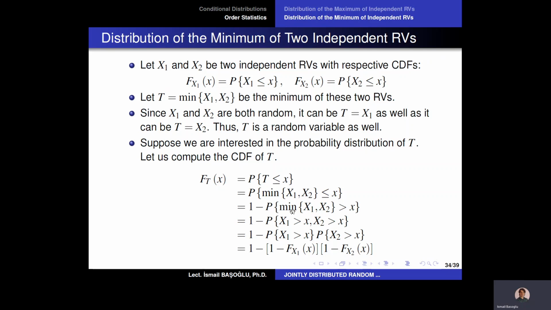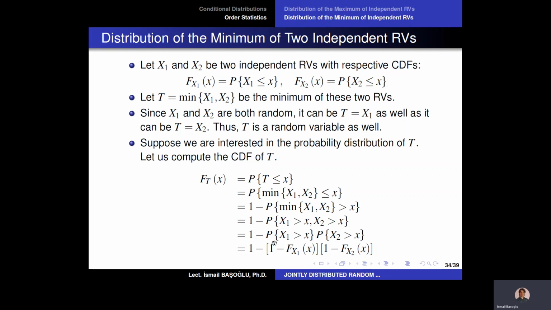Now you see, if we rewrite the minimum of X1 and X2 to be greater than x as X1 to be greater than x intersection X2 to be greater than x, then we know that according to our assumption, these two random variables are independent. Then the joint probability can be expressed as the product of the individual tail probabilities. So probability of X1 being greater than x times probability of X2 being greater than x. This product must be